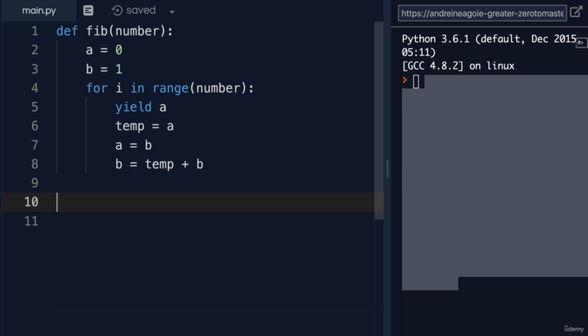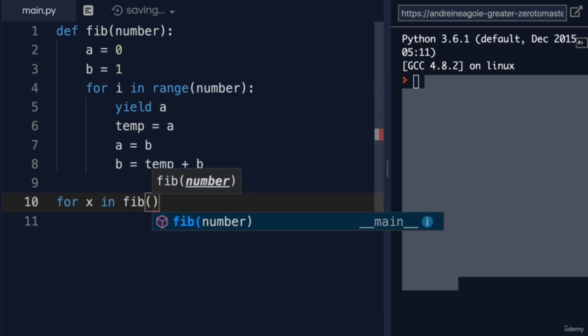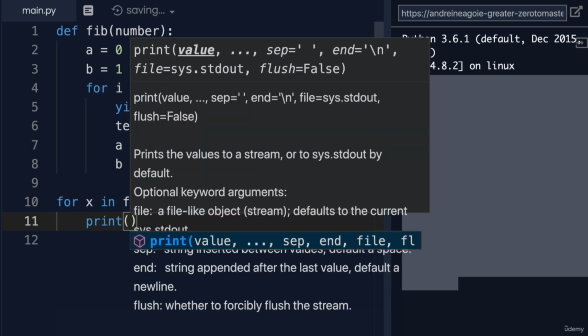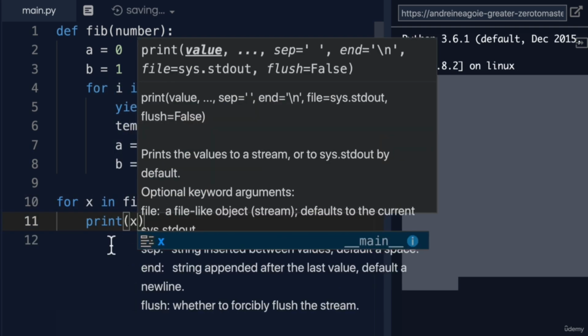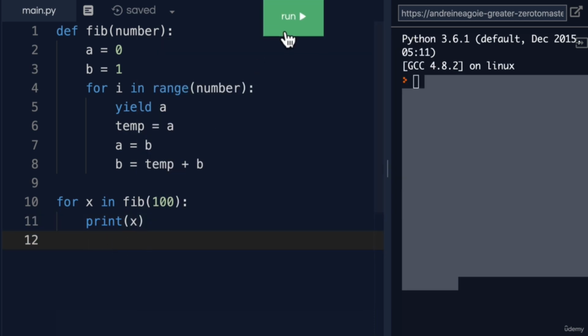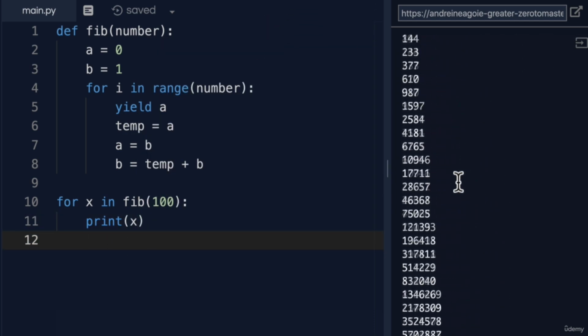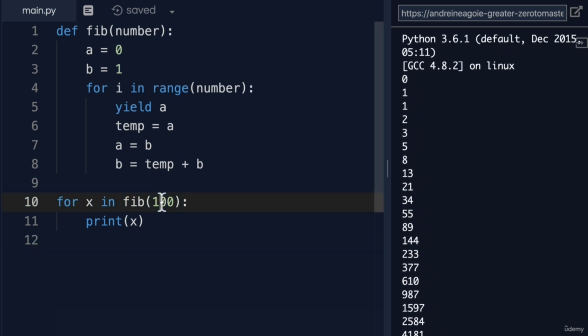If now I do something like for x in fib and give it, let's say, 100, and let's just print out the answer. So print x, and I run this. All right, look at that. I get all my Fibonacci numbers. Let's do 20 like we saw in the example. If I click run,